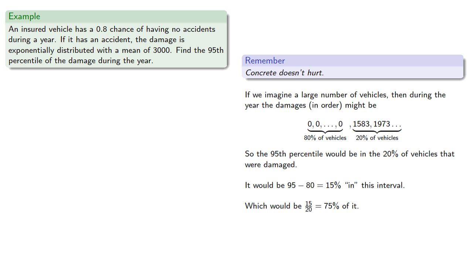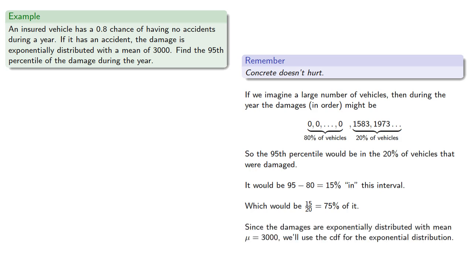Since the damages are exponentially distributed with a mean of 3,000, we'll use the CDF for our exponential distribution. We want to find the 75th percentile of the actual damage amounts, and so solving gives us